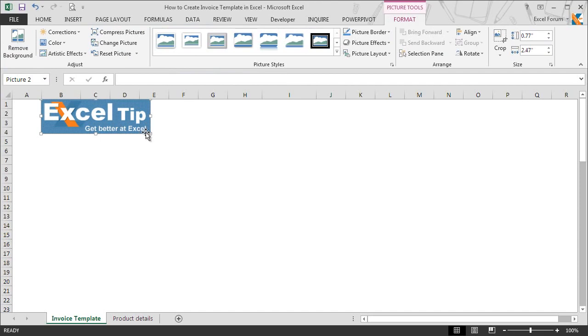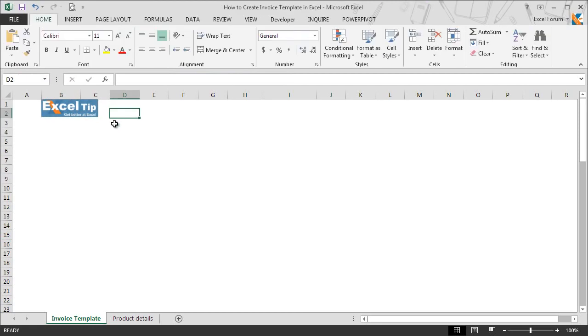This is too big, so let us make it smaller. So we reduce the size of this image. This looks perfect. Okay, we have placed the company logo on the left side of the page. However, in case you want to place it anywhere on the page, you can place it as per your own choice. Then we go to I1 and we type Invoice,